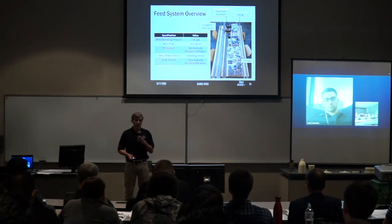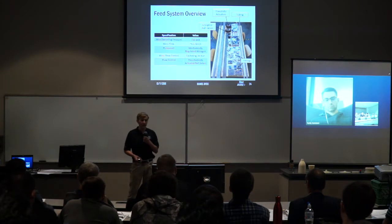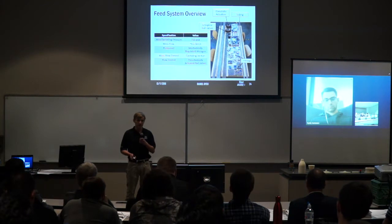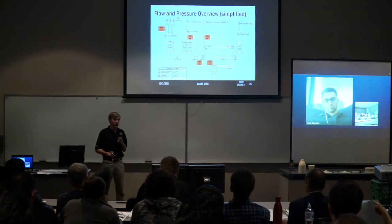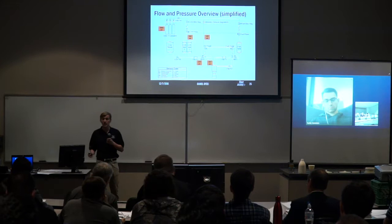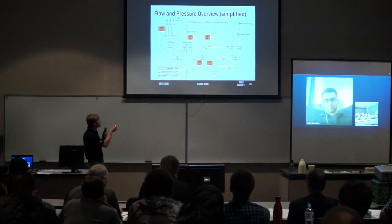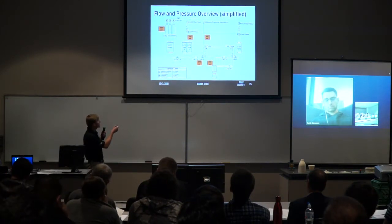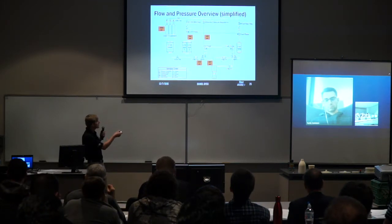We will be pressurizing with mechanically regulated nitrogen and establishing mass flow rates with cavitating Venturis. Flow control will be done via pneumatically actuated ball valves. So this is a very high-level flow and pressure diagram. The panelists should have an 11 by 17 copy of the full plumbing and instrumentation diagram. So in the top left-hand corner, we have our high-pressure nitrogen cylinders. These provide the nitrogen to the high-pressure nitrogen distribution circuit, which then supplies the nitrogen to our propellant tanks and